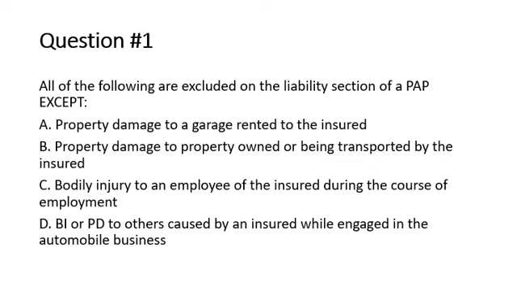So you have to be careful of that tricky wording. It's kind of giving you this type of question where it's trying to trick your mind to think that they're asking for a different type of answer. But if it says all of the following are excluded, that means there are 3 answers that are excluded and there's 1 answer that's not. And you can only answer 1 answer, right? So usually if there's 3 that are the same, that 1 is the answer. So you're looking for something that's not excluded. That means you have to know what's excluded on the personal auto policy, the liability section. So let's go over that.